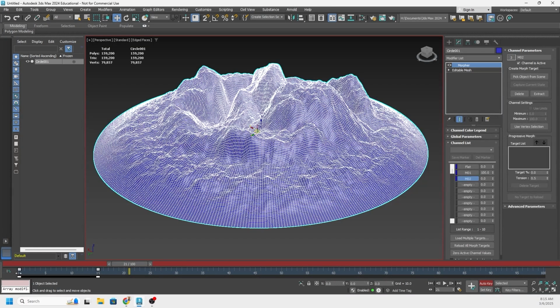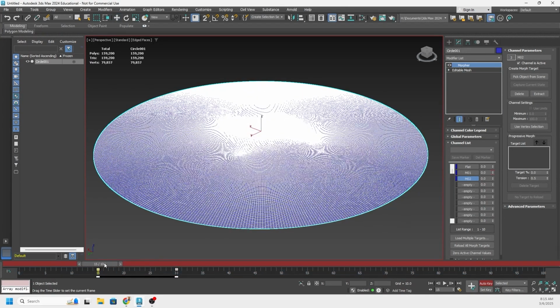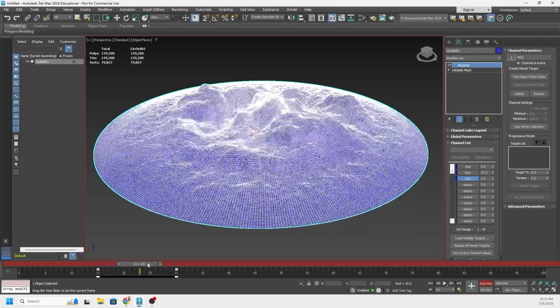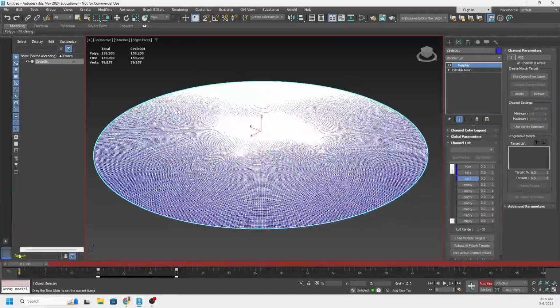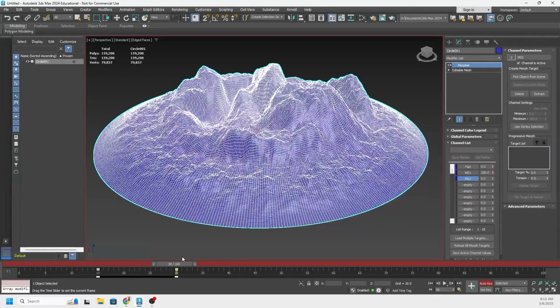What I'm going to do is just drag these over a bit so that the 0 value is at the 15, and so starting at frame 15 is when I'll see that increase. So it's going to go from flat for a half second and then ramp up to 100% of Mountain 1,